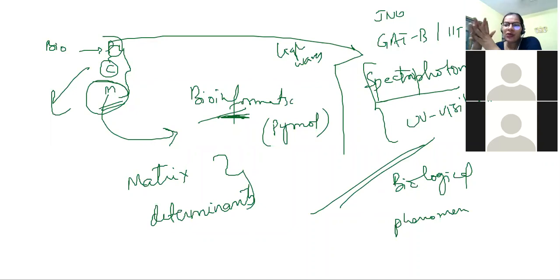Let me put the question, because the questions are lengthy and Telegram has limited space to type. If it is not coming, then I'll share all the questions with you, okay? There are going to be 20 questions, from the starting of your membrane biology, biological membranes, till now, what we have discussed. Only maths I have not included. It was difficult for me to type and put the symbols and all. That's why I didn't put the maths. Maths next time I'll put. Okay. Chalo then. Take care. Study hard.